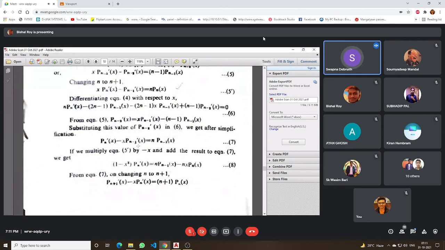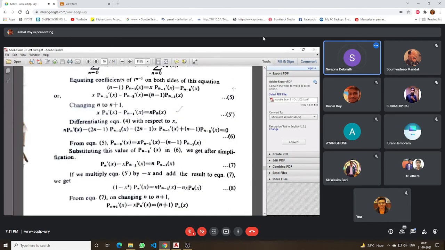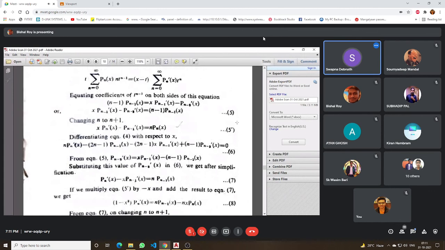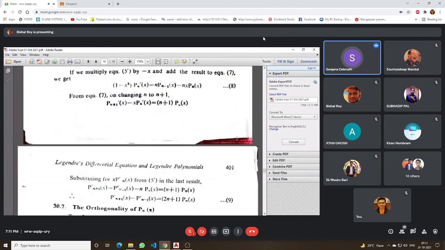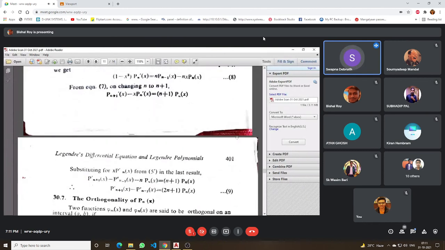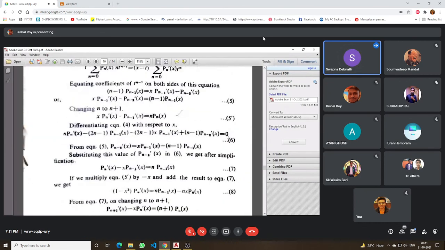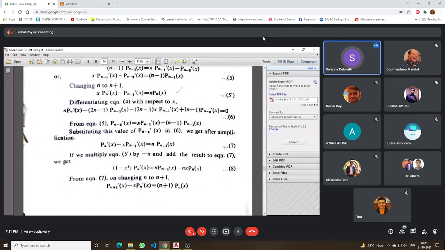This needs practice because every recurrence relation looks similar, but they are not similar. We have to arrive at that. Therefore, 4, 4 dashed, 5, 5 dashed, then 7, 8, and 9 also. These are all important recurrence relations.